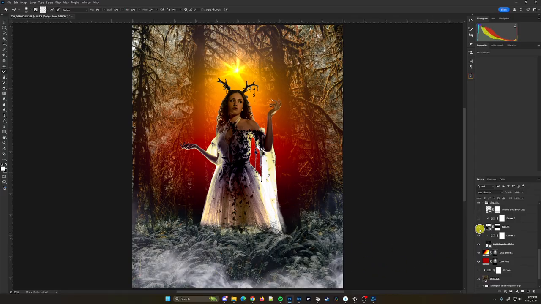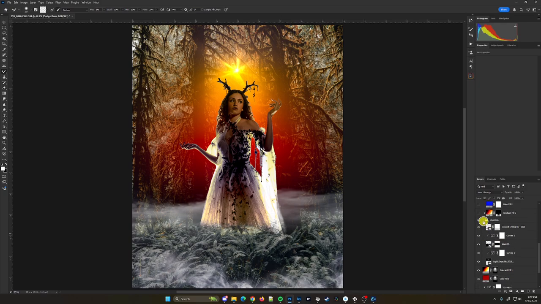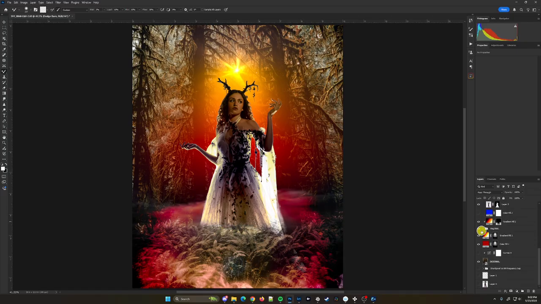Added some ground smoke, and then I had to color it and just kind of kill it a little bit. And then added some more ground smoke just to kind of go behind her a little bit. And there, it's masked so that it doesn't go in front of her entirely. Right, so that's all the ground smoke. Then the ground smoke needed color, right? So I went back and forth on this a whole bunch of times. I tried multiple gradient maps on the smoke, and this is kind of where I landed.